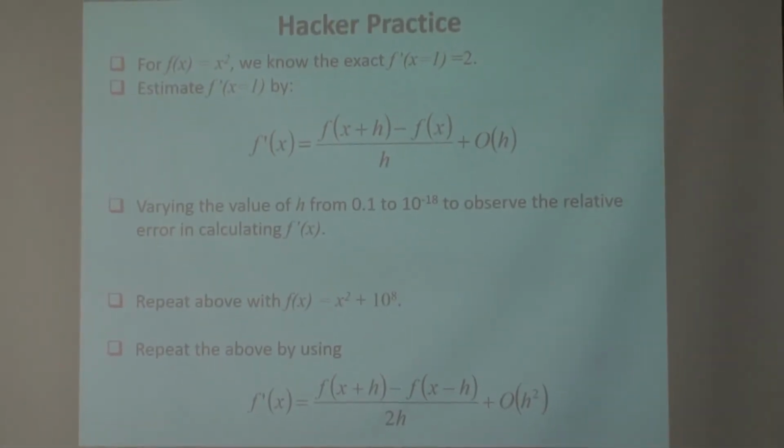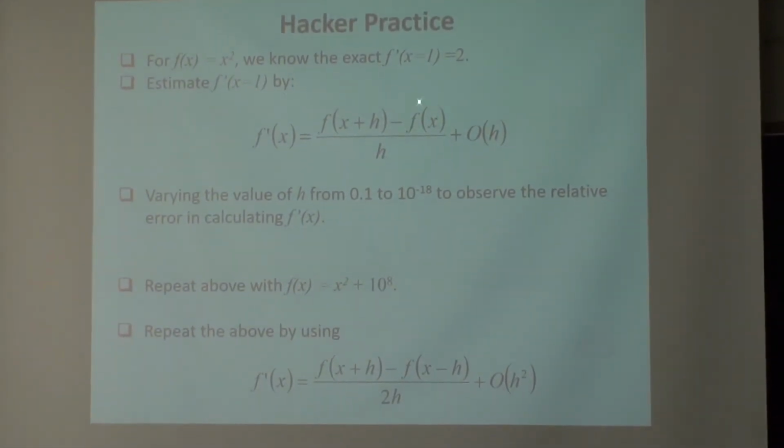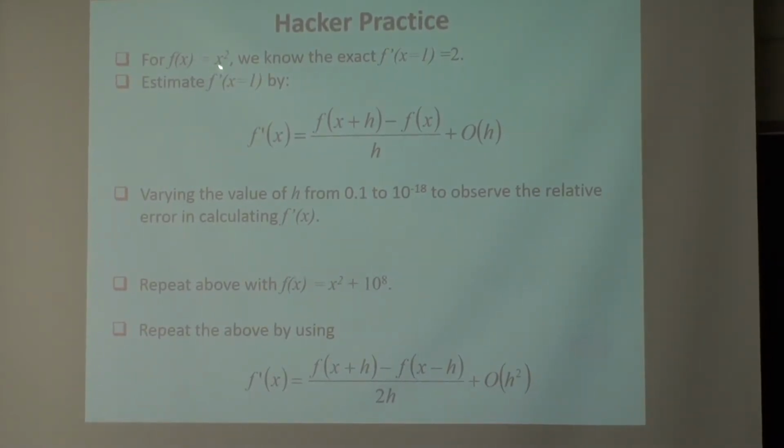Let's try it. Write a very fast program using a function that you actually know, f(x) equal to x squared. So the ground truth is known. It's a very simple quadratic function. I'm interested to know how to estimate the slope at x equal to 1. I know the ground truth, it should be 2. There's really nothing around it, because it's such a simple function. Use this function to estimate this, and see how close it is to 2. Decrease your h from 0.1 to 10 to the minus 18. Let's see what the error of your estimation is compared to the ground truth.